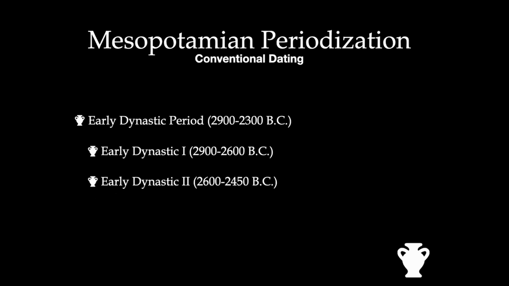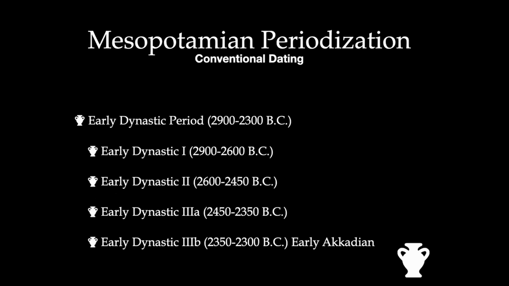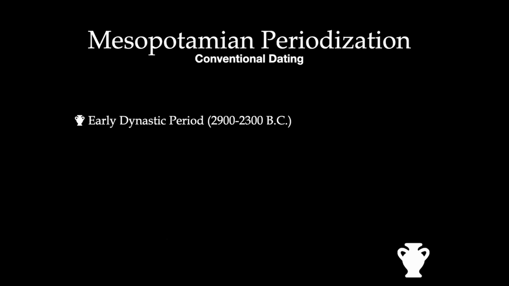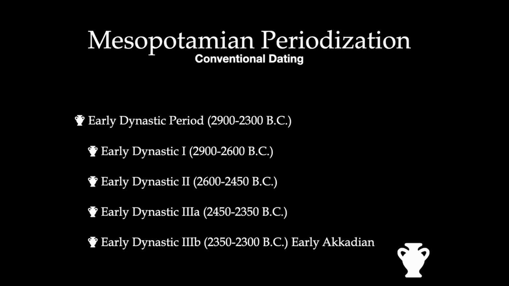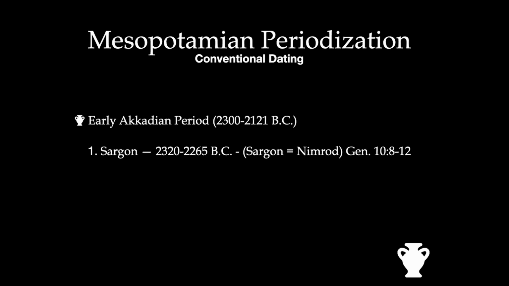In the dynastic period, we also have it subdivided into early dynastic 1, 2, 3, A and B. And, let me go back. In the early dynastic 3B period, it's also known as the early Akkadian period, then the Akkadian Empire. The early Akkadian period is really interesting. There was a king by the name of Sargon the Great, or Sargon the First, who lived from 2320 to